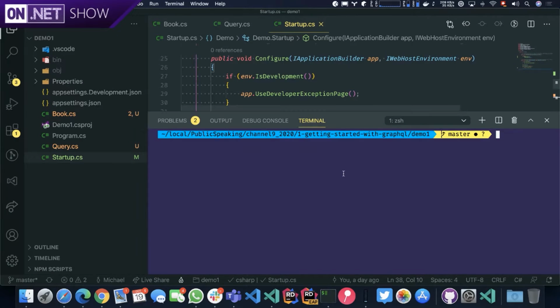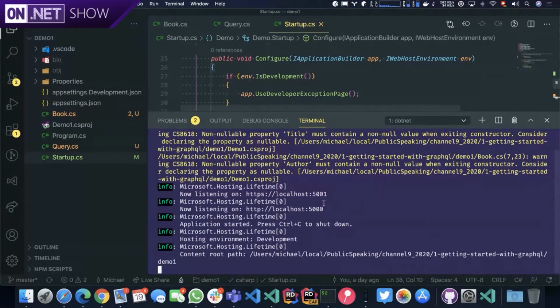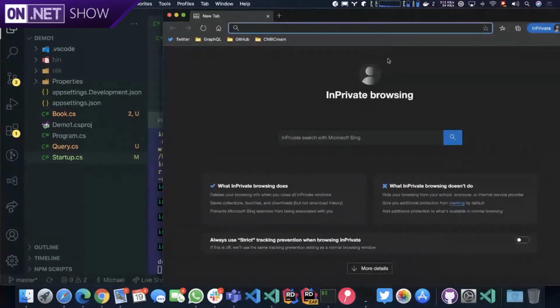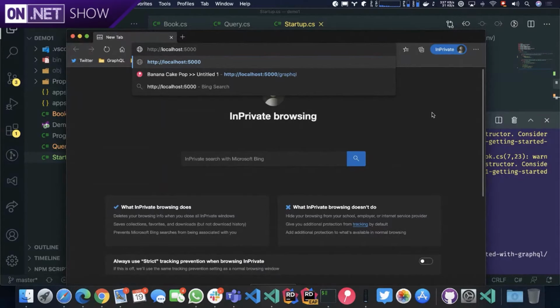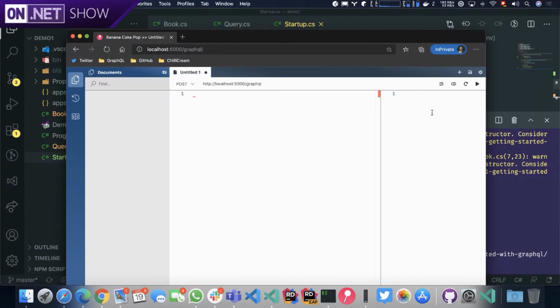Let's run it. It's coming up. Okay, so we have a URL here, which is localhost 5000. Let's open Edge and put that in. And GraphQL by default is on the graphql endpoint. Let me type that in. And we are getting now